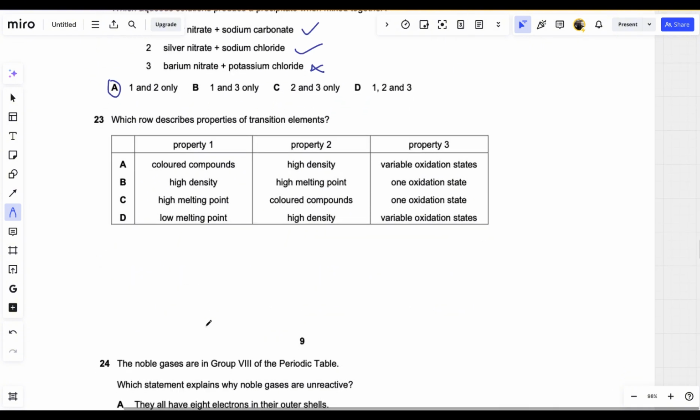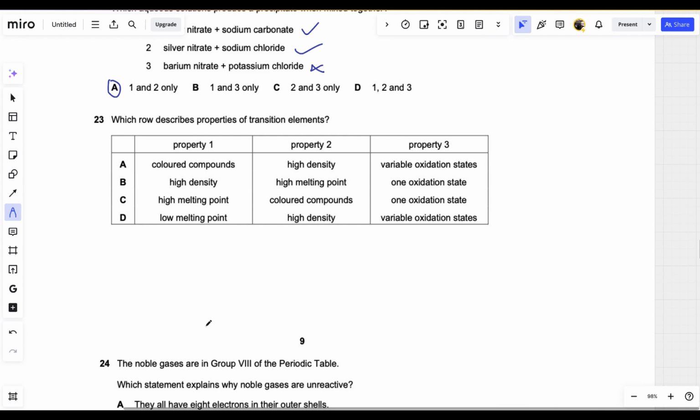Question 23, which options describe properties of transition metals? Transition metals form colored compounds. Number 1, they form colored compounds. Number 2, they have a variable oxidation state. You have to know these three things: they form colored compounds, they form variable oxidation state, and the third one,